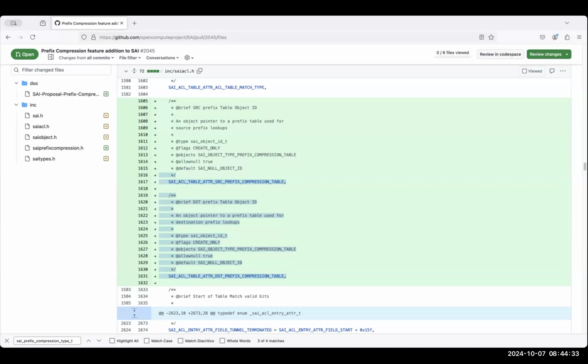Yeah, so basically what these attributes do is, let's say a given port, or maybe the switch, it could even be switch global, wants to do a lookup in ACL 1. There's an ACL called ACL 1 on the system, and it wants to do a lookup on that. Now that ACL is using prefix compression, so it's going to have entries that are matching on bin codes within that ACL. Now that ACL will also be associated with a compression table, potentially it could be 1 or it could be 2,